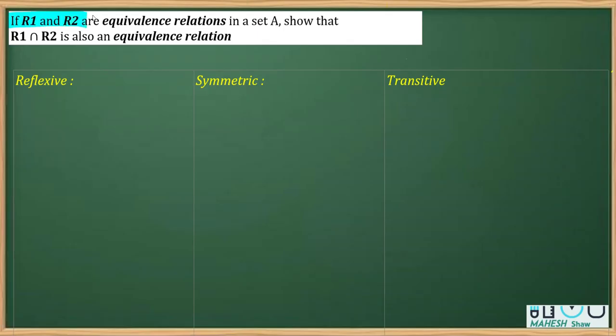In this question, we are given that R1 and R2 are equivalence relations in a set A. And what we need to show here is that R1 intersection R2 is also an equivalence relation. Now, what we can do, let's say